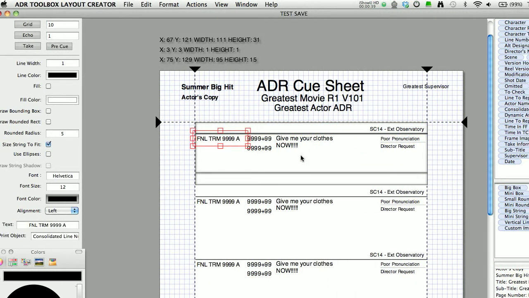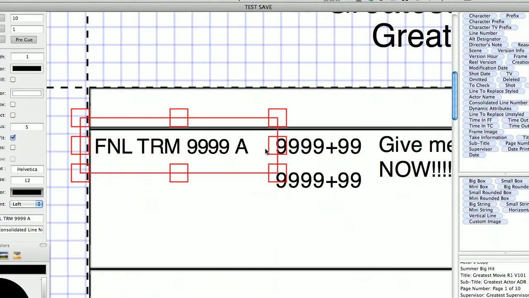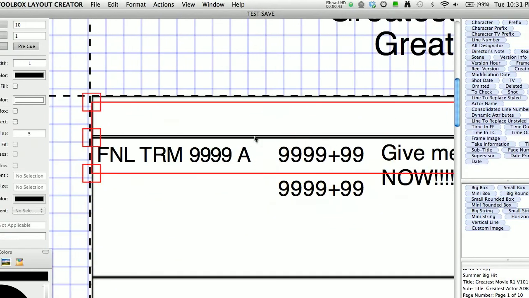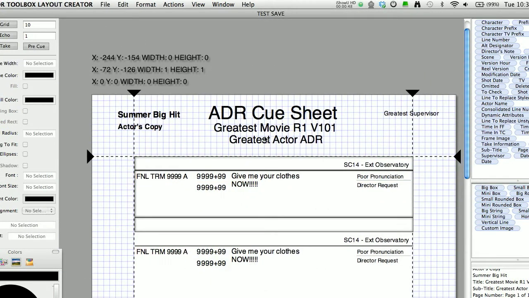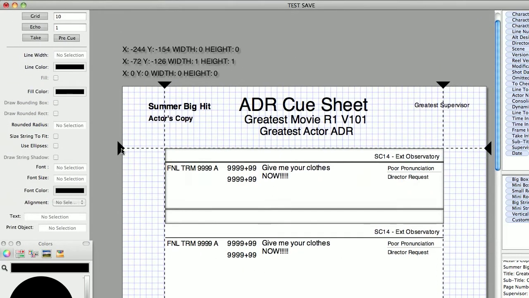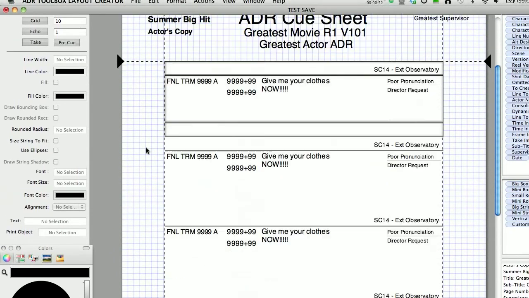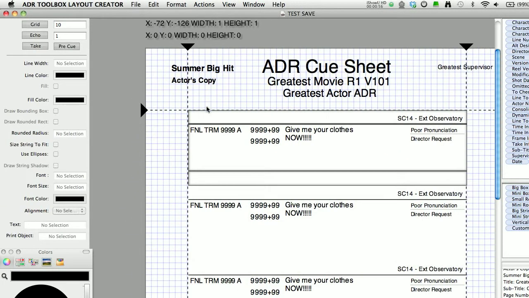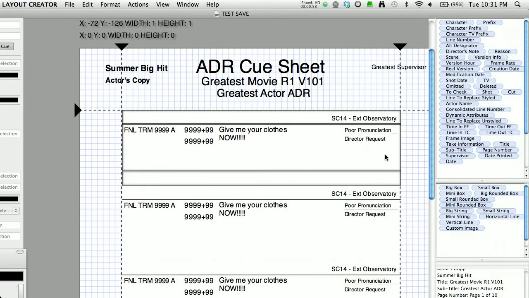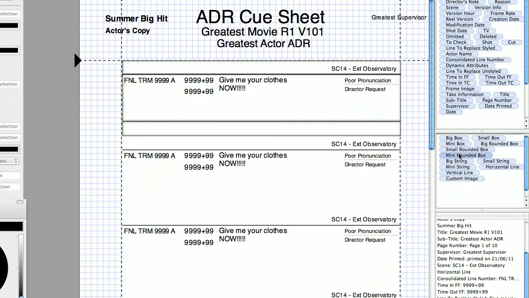Okay, so you can see that as you start building and putting things together here, it can be hard to actually get into things. So what I've done is I've resized the margin lines up here. I've given myself a little bit more space. And what I want to do is put data up here so that I know what I'm actually looking at. So we're going to take mini string